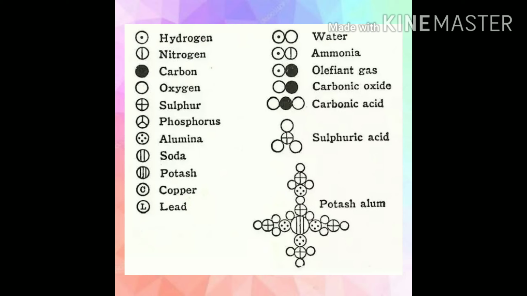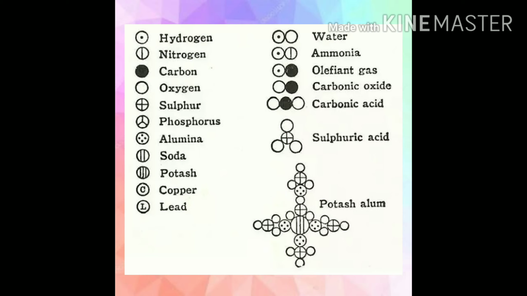Like this, he also did it for a compound or a molecule. Water. What is the symbol of water? H2O. The formula of water is H2O. That means two atoms of hydrogen combined with one atom of oxygen. See, it is symbolized like that: two hydrogen structures and one oxygen structure. He suggested some figurative symbols of the molecules or the atoms like this.